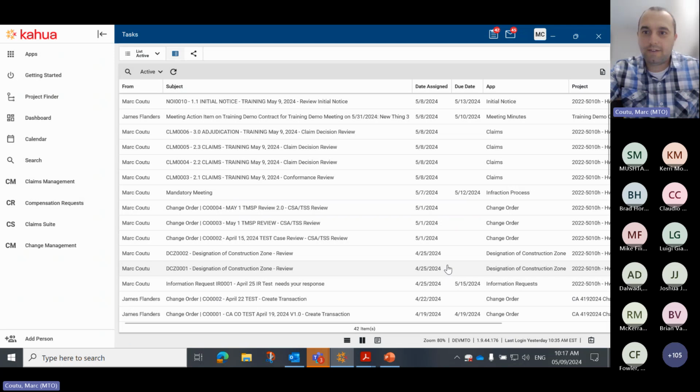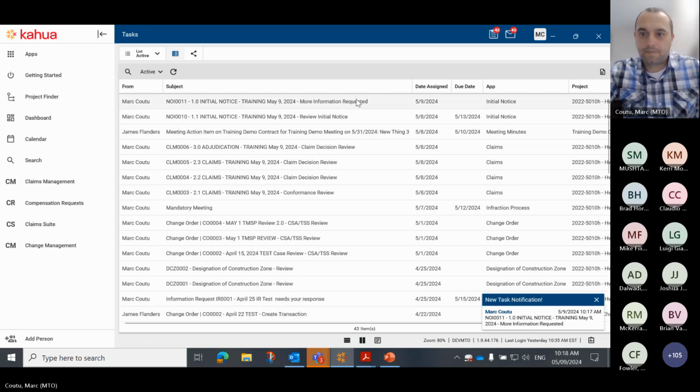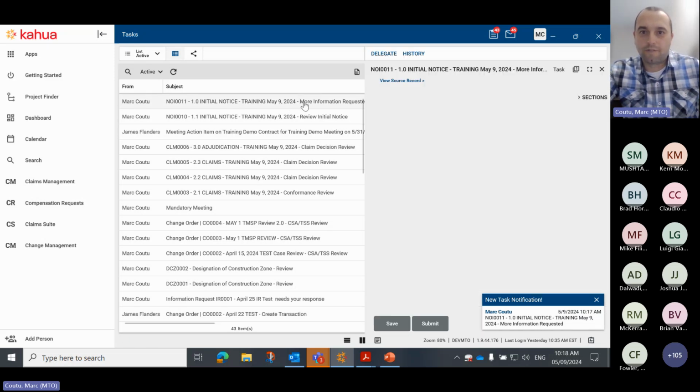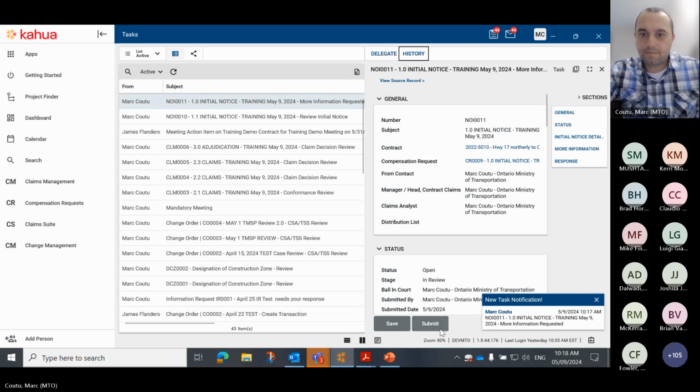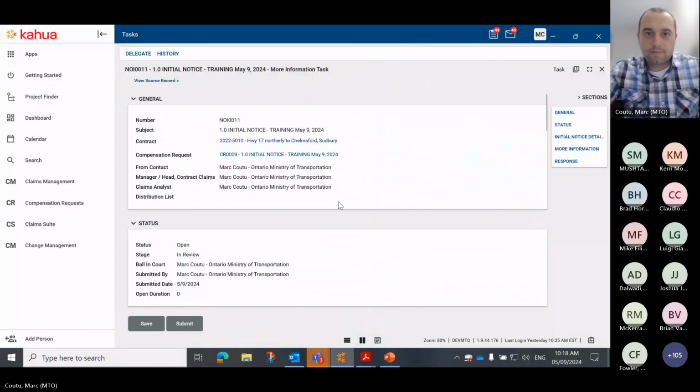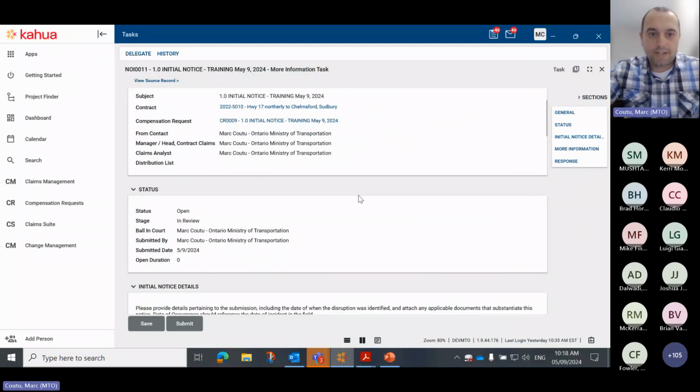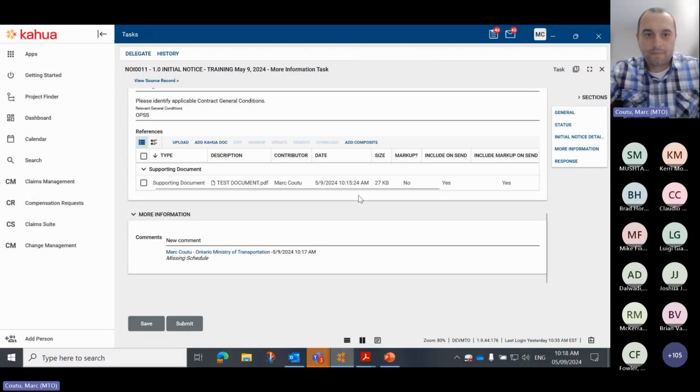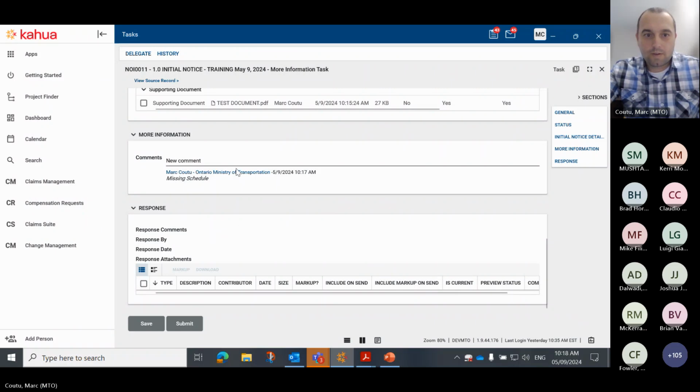The contractor will receive a task, which will show up. Now this is returned to the contractor, and it says more information requested. So it's under the more information tasks. So the contractor would come in and provide